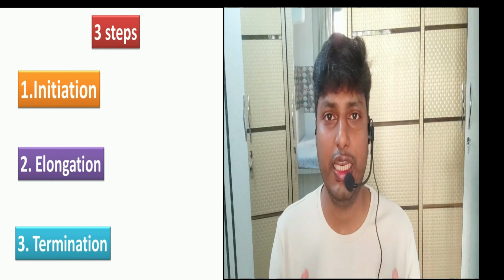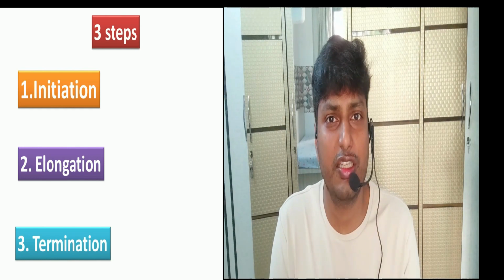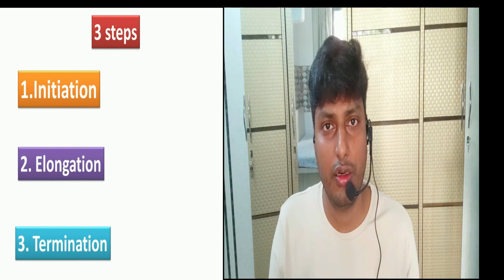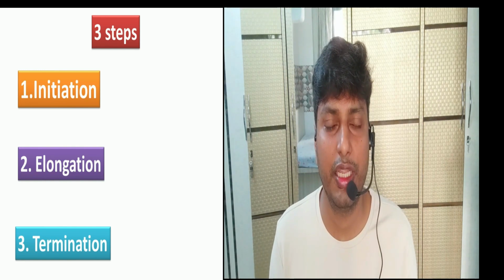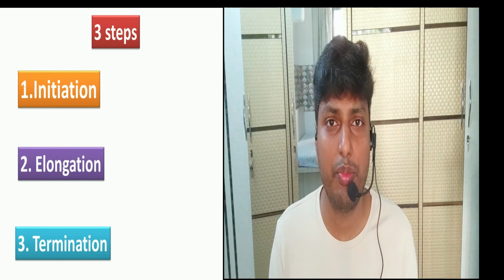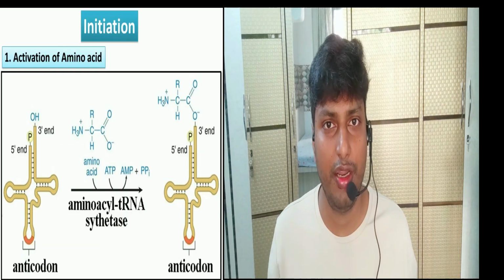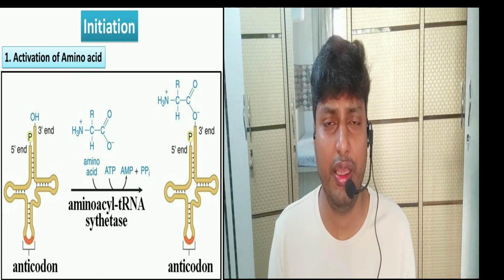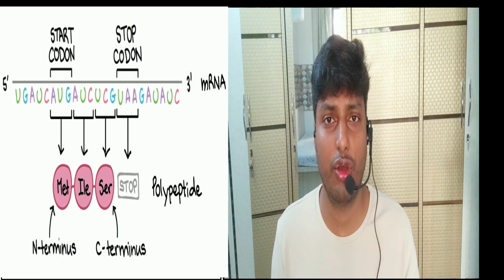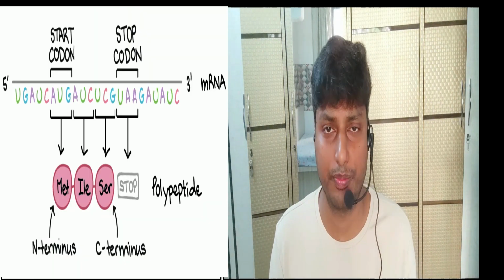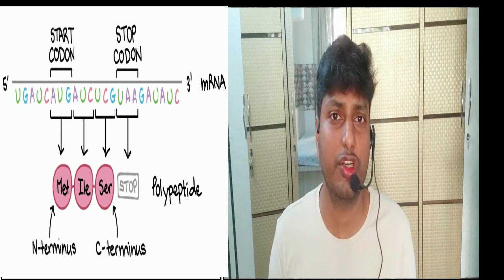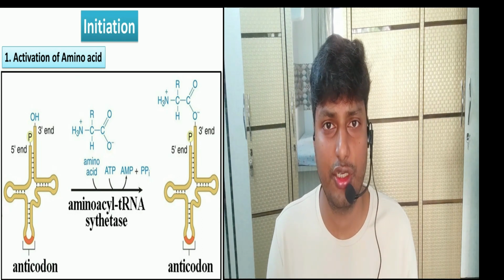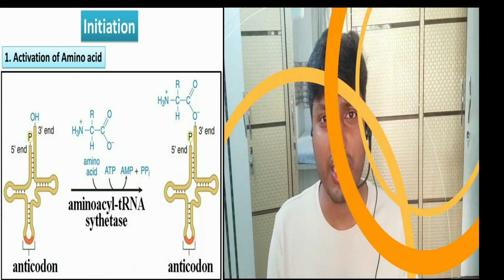Now when we talk of initiation, dear students, initiation means the beginning, right? So the process of translation is going to start in the first step. What exactly happens in the initiation? In the beginning, there is a mRNA, which we all know is in the direction of 5' to 3', and on the mRNA the first codon is known as the start codon, and the last codon is known as the stop codon. Now in the first step, that is initiation, initially the tRNA, which is also called the transfer RNA,